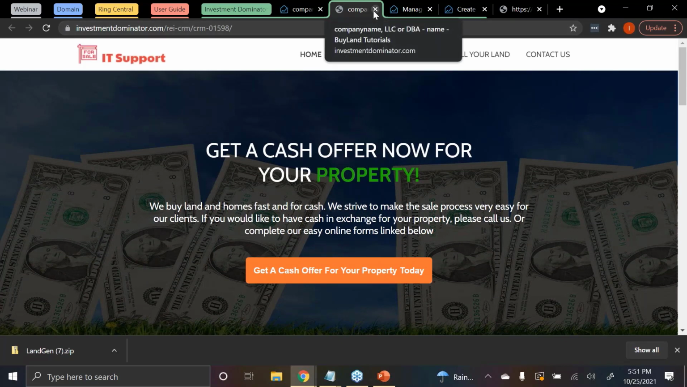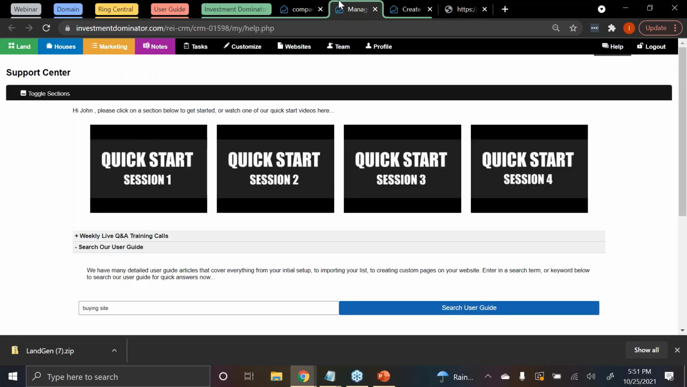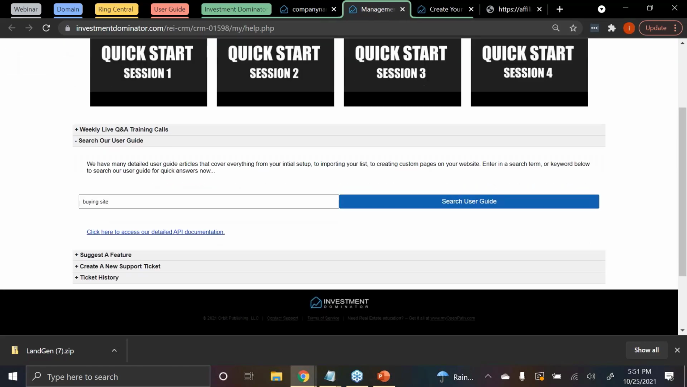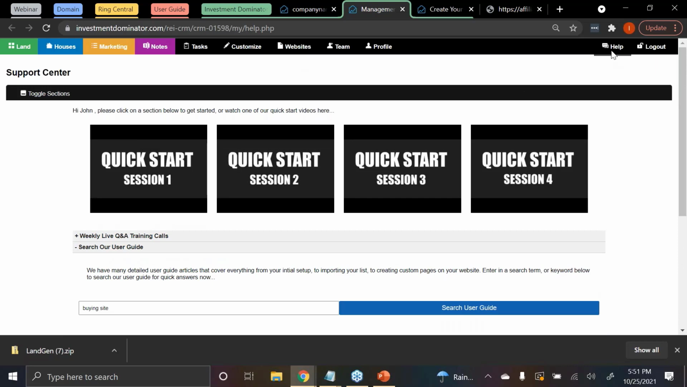The user guide is really everything about the Investment Dominator, and all of the guides that we put up, as well as make articles about. And just keep in mind that at any time, if you feel like maybe we need an article or we need to update some of the information on the article, you can come down here to the support help section,